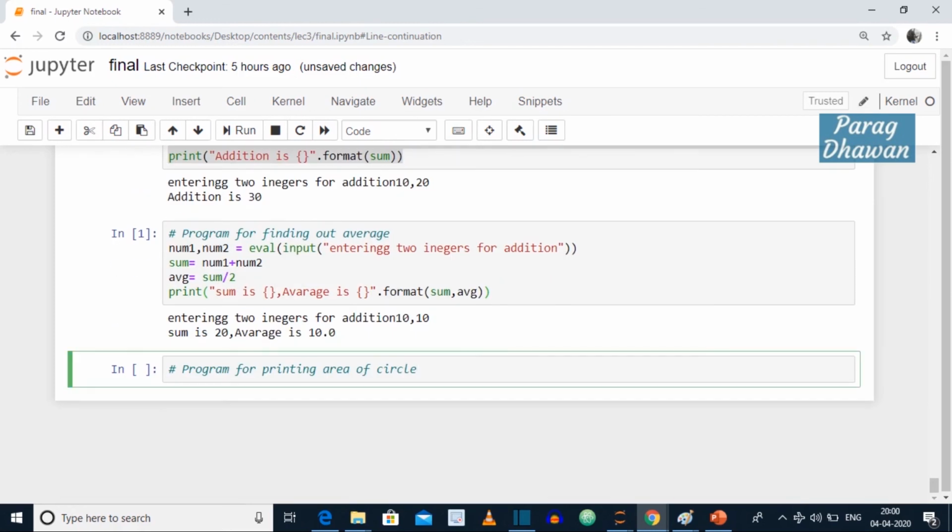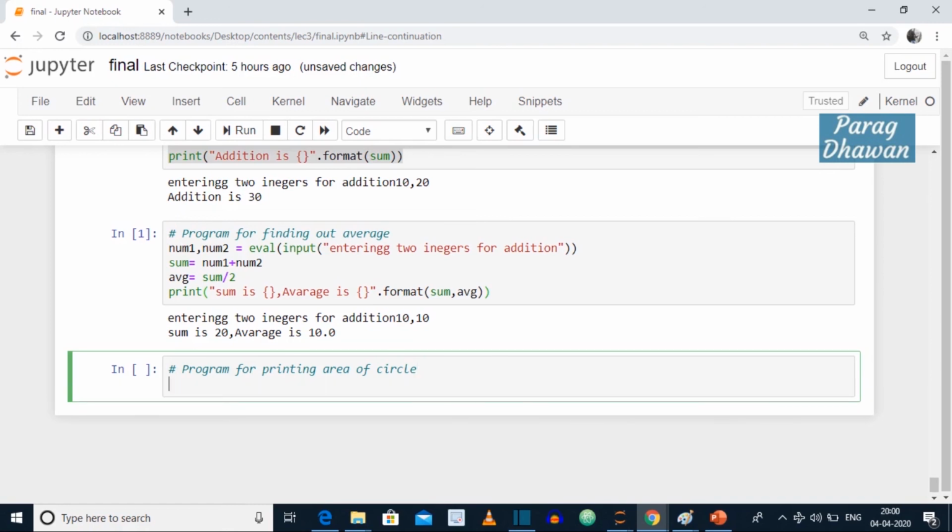The next program, and the last program for this lecture, is to print the area of a circle. We will take the radius from the user and we will calculate the area. For taking input from the user, we create a variable called radius. Radius is equal to input.